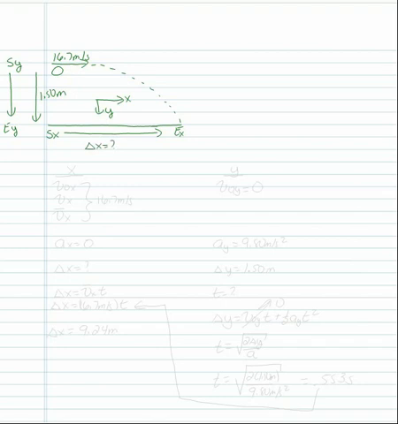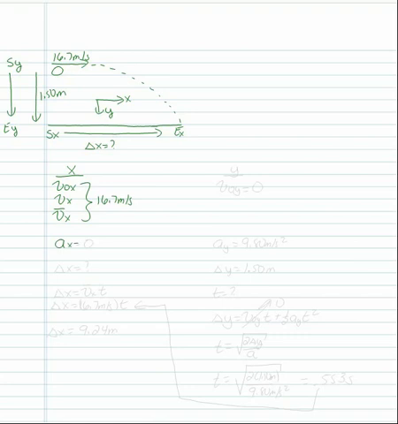So the technique to solve these problems is to separate into horizontal and vertical, or x and y, and see what we have. So let's look at the x direction. In the x, the principle of projectiles says v0 in the x, v in the x, and v bar in the x are all the same. They go together. You either know it or you don't. You should always have something written here, either a number or a symbol. We do know it this time. It's 16.7 meters per second.